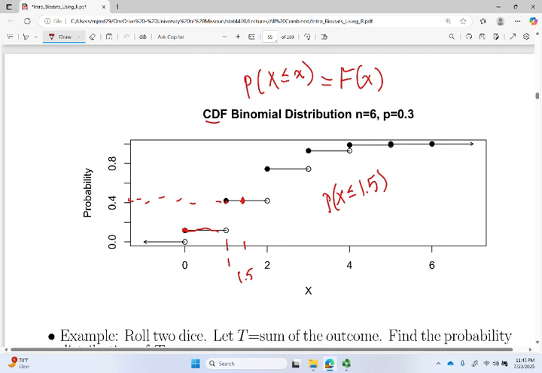But this is a discrete random variable, and it can't take on fractional values. So that's the same as the probability that our random variable is less than or equal to 1. So that's why it's constant until it hits the next value and then jumps up, and then it's constant and constant. And notice that once we get to 6, I drew an arrow to the right because everything past that,